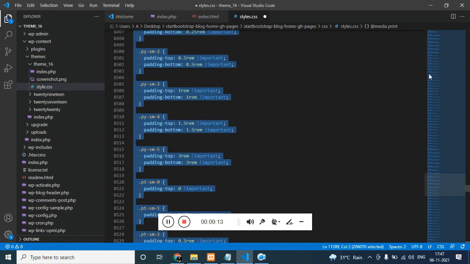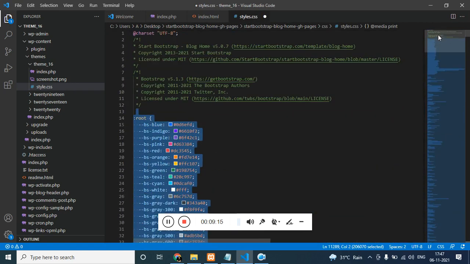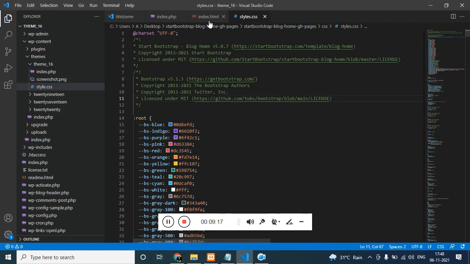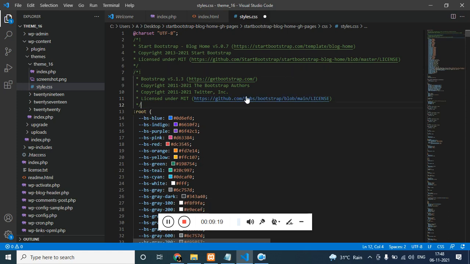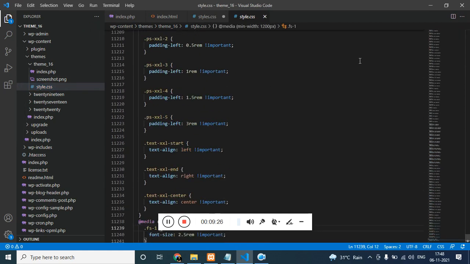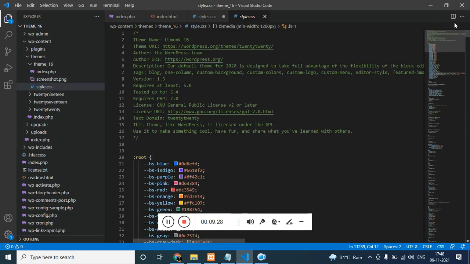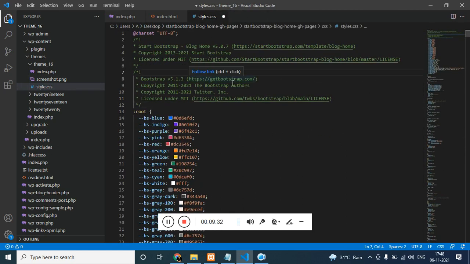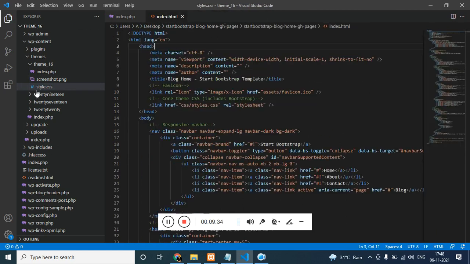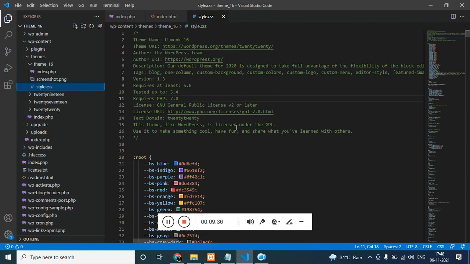This is our style.css in the theme folder. I think we have misplaced it. Control, let's select this. Yeah, it's there. Cool. Now remove this, save this and close. Alright,